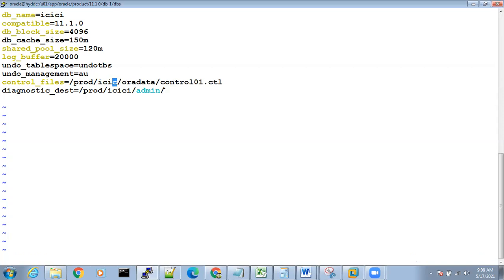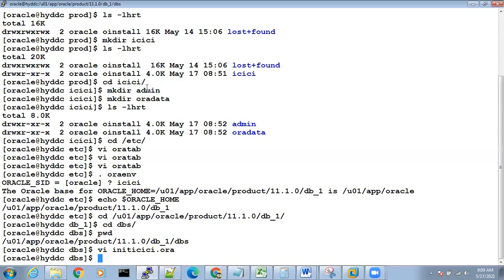So I'm deliberately making the spelling mistakes and saving the file, so that if there is any spelling mistake, I can show you how to correct it. Most people, I have seen, make spelling mistakes for the first time and come back again. So instead of that, I'm deliberately making a spelling mistake, and I'll show you in which step you will get stuck and how to fix it and go to the next step. Okay, this is saved with two spelling mistakes. Remember, it is saved with two spelling mistakes.